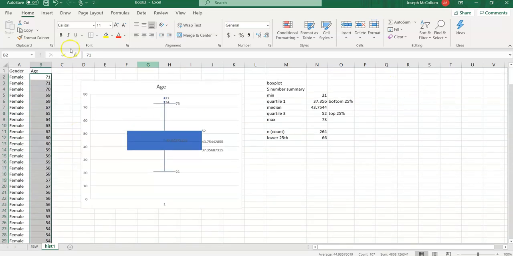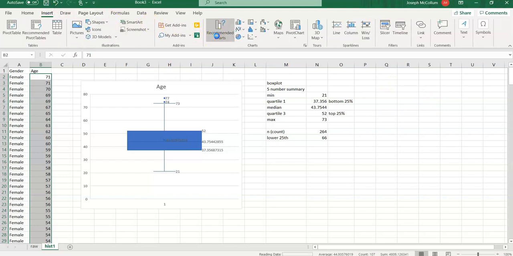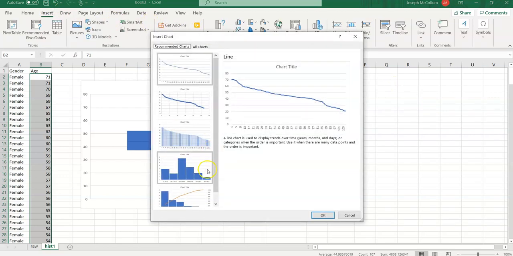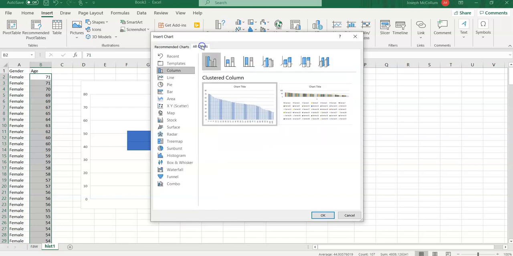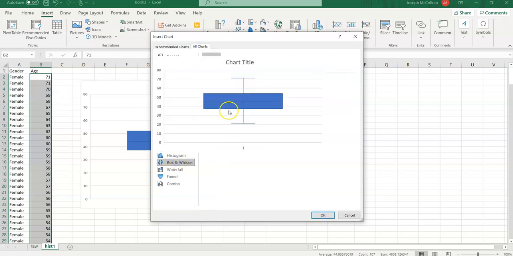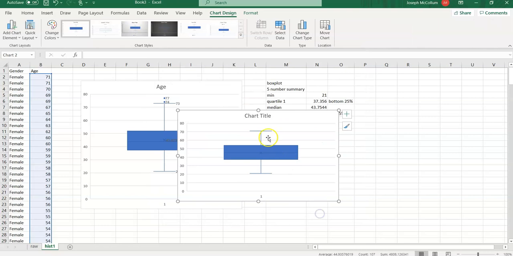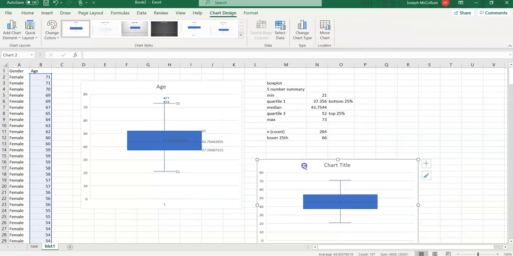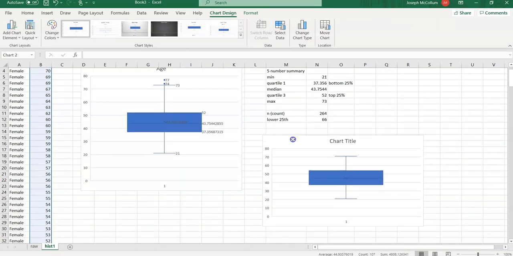And then I can insert recommended, see what they offer. They do offer the histogram again. We're not there. I'm doing the box plot first. Box and whiskers. Here you go. Click OK. And what I have here is